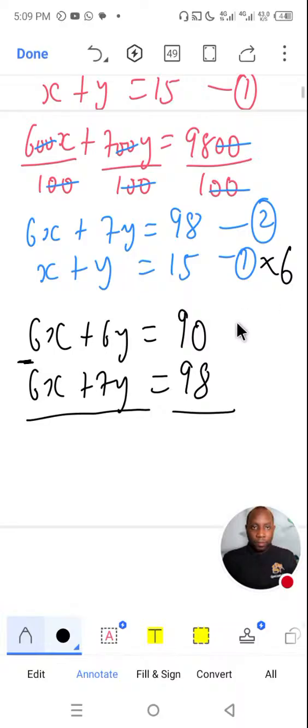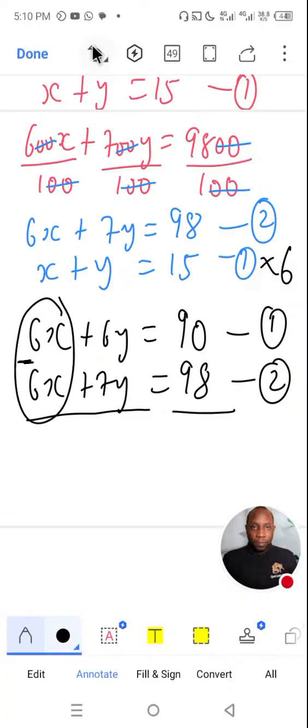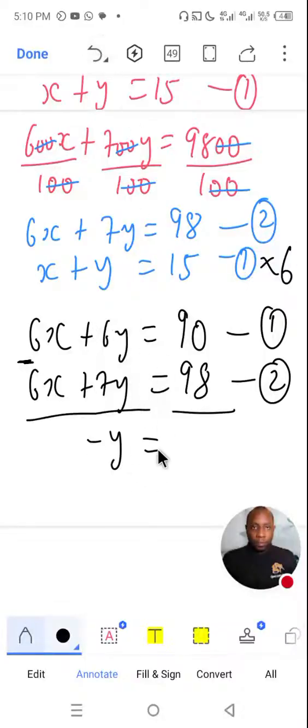You can say the first one is equation 1, and this is equation 2, remember. So I can say equation 1 minus equation 2, or you can do equation 2 minus equation 1. It doesn't matter, but just make it consistent all through. So 6x minus 6x is 0. 6y minus 7y is minus y. Take note of that. And 90 minus 98 is